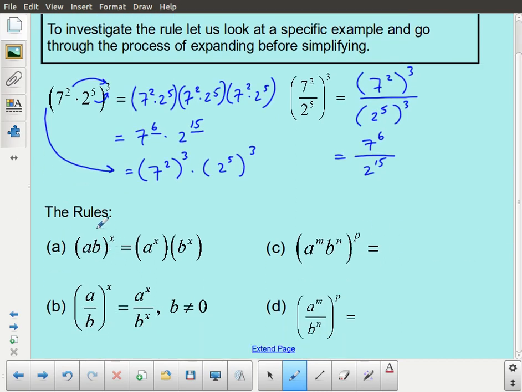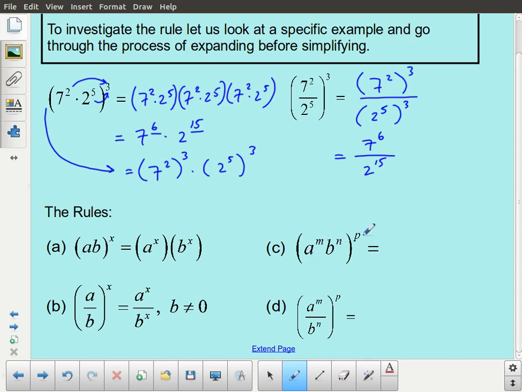So here is our more simple rule when the exponents of a and b are 1. ab, all to the power x, is a to the x times b to the x. A over b, all to the power x, we can change to a to the x divided by b to the x. If we have something more complicated here, where the exponents are not 1, then a to the m times b to the n, all raised to the power p,